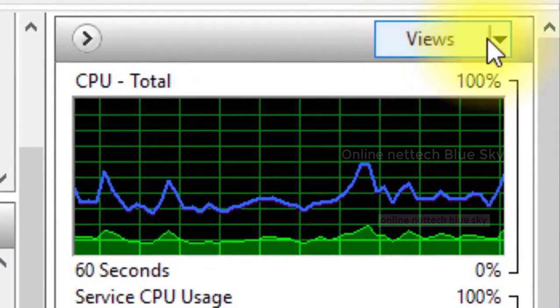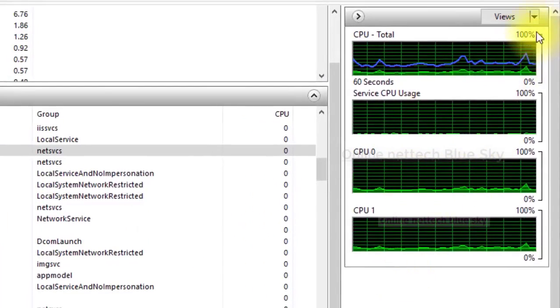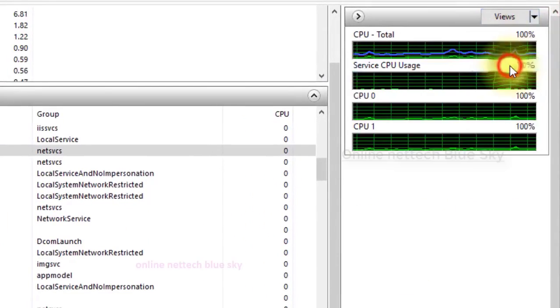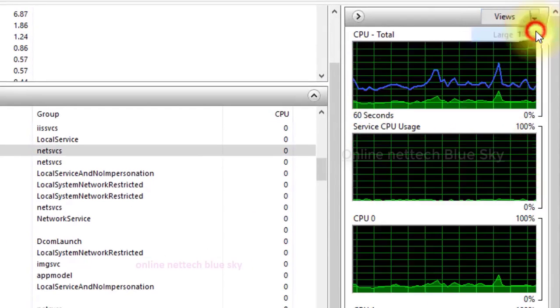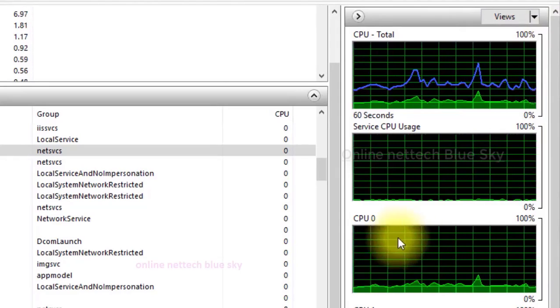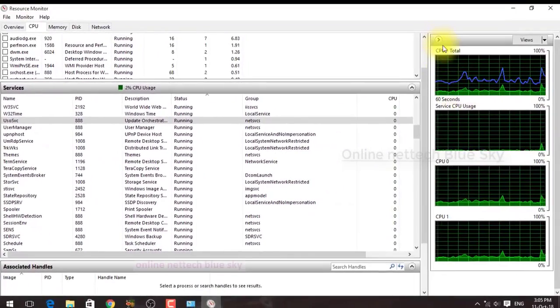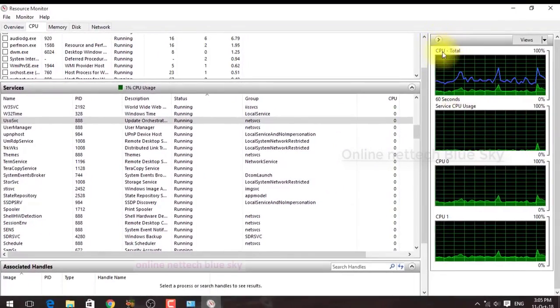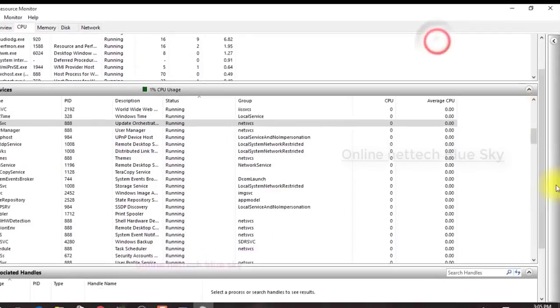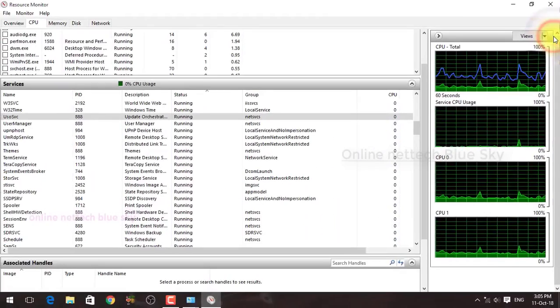The CPU core works with different types of processes, not only one process but a lot of processes, thousands of services and files.